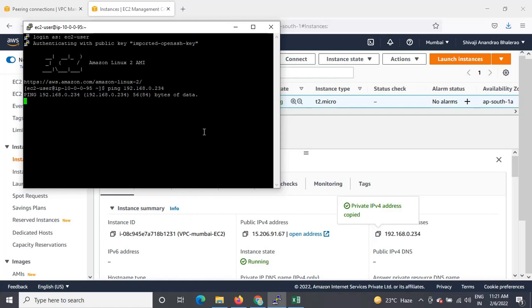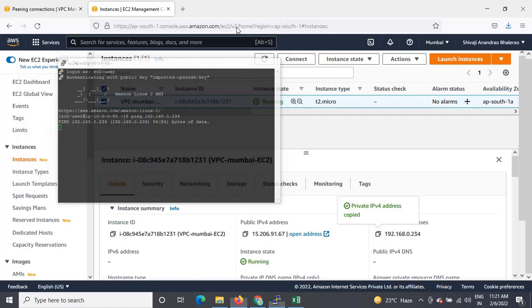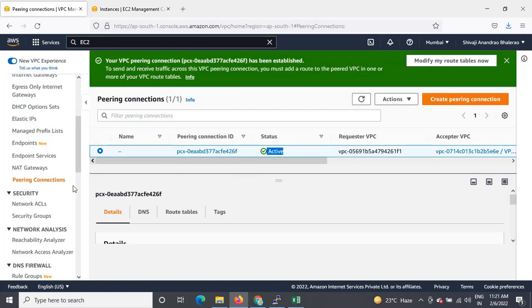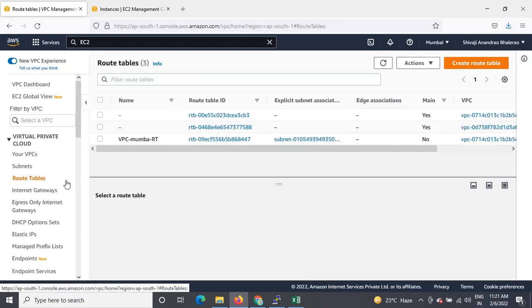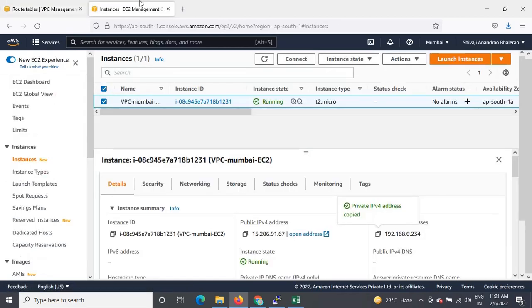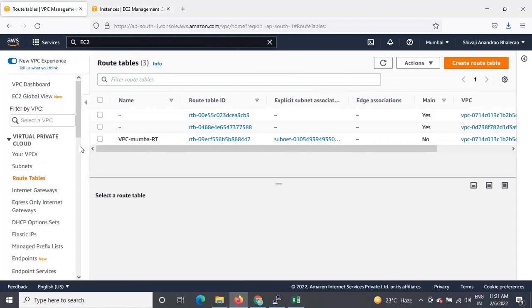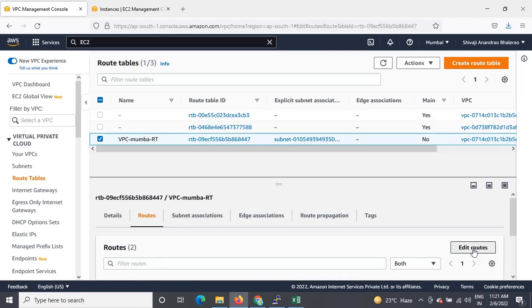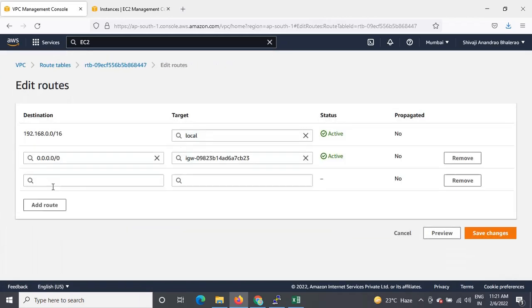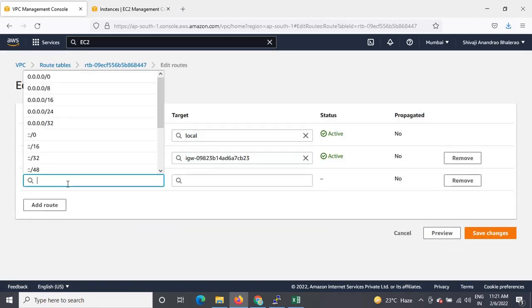Okay, as I said, it's not responding. Now you can see what changes we require. One more change is required here. Let's go under the VPC, click on this route table. Under this route table, we have to give the path of the other VPC. How? Let's click on add route here, and here you can give